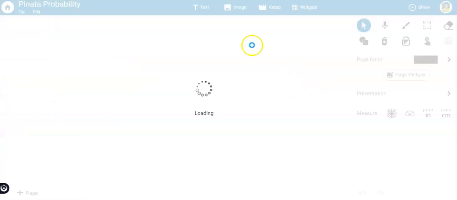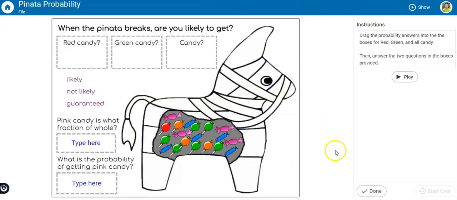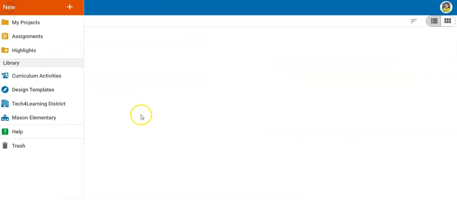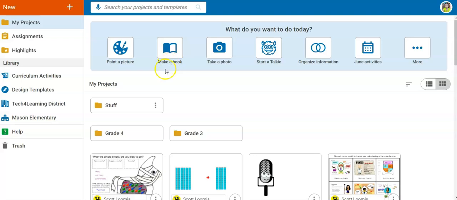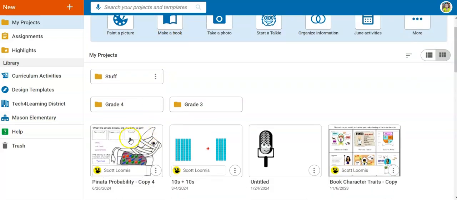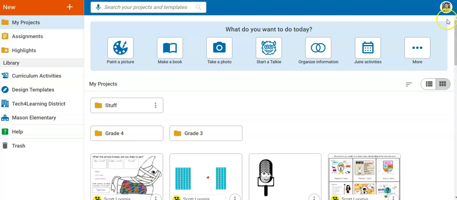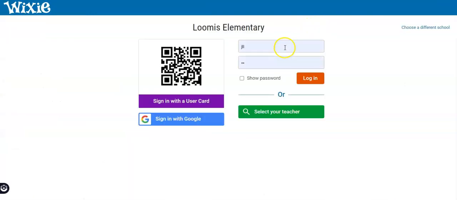Students can click on the thumbnail, of course, get to the large view of the project and begin working based on the parameters established. If a student was to return to the home page, they will note that that assignment is no longer up at top like it was just a moment ago. It's actually down here because their copy is part of their My Projects for this particular school year. So you assign a copy of the file to the students. The students, when they open it, get their own copy and they work on it, and it shows up within their work section. It's pretty smooth. If I log out of the student account and back into my teacher account,